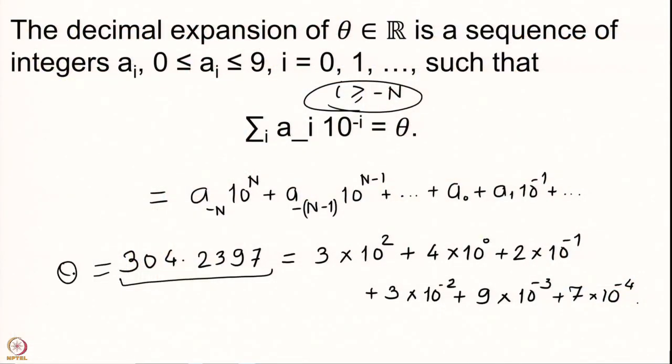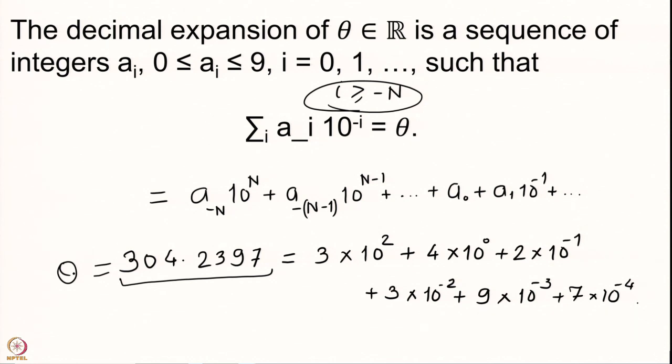Here that sub interval would begin at 2. So, from 304 to 305 we have exactly 10 parts. The first one will begin at 304, the next one begins at 304.1, the next one begins at 304.2, and so on until 304.3. Your number theta, the number theta that we have here in the slide, belongs to that particular sub interval of length 1 by 10.